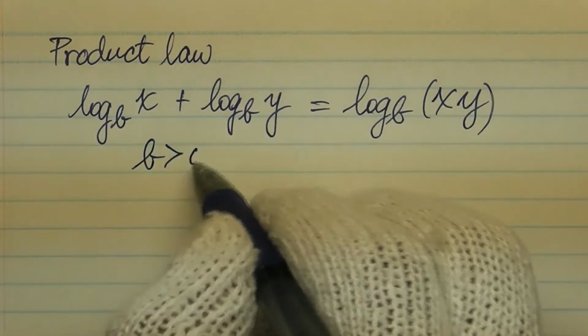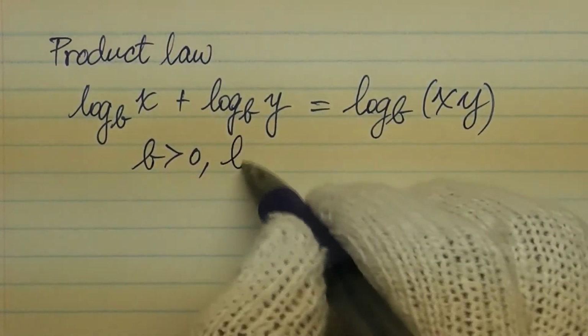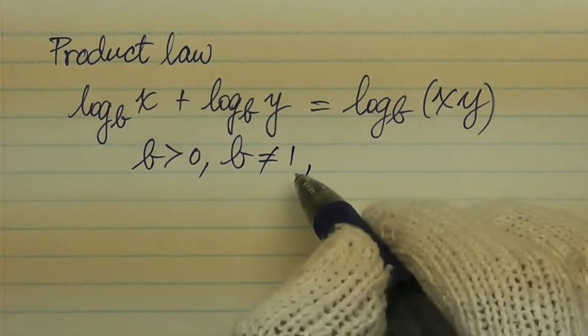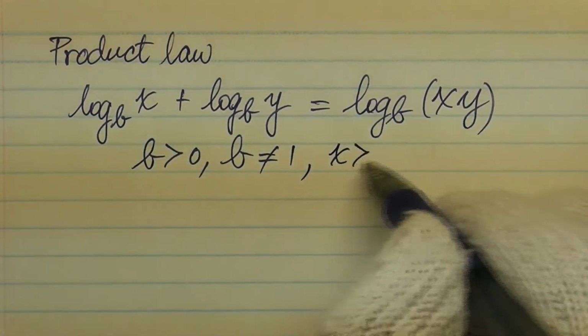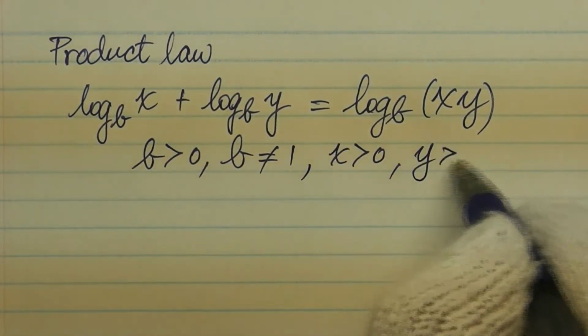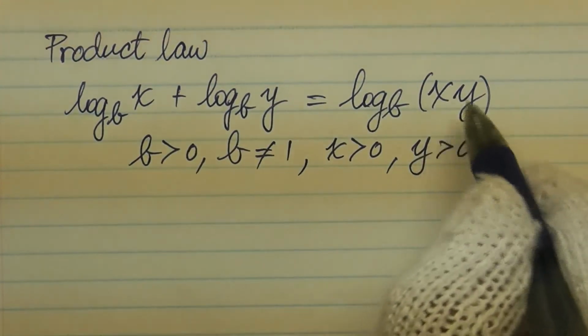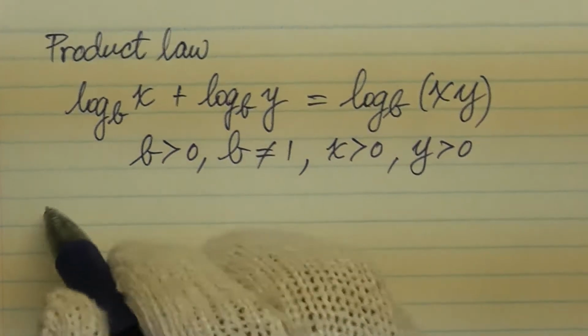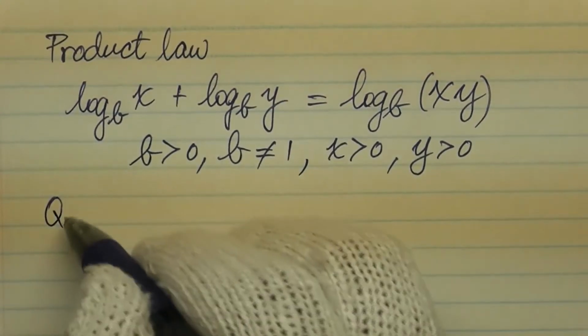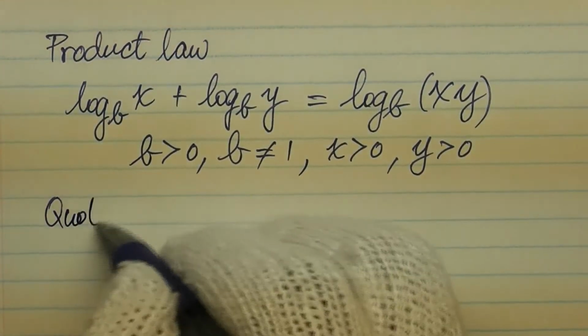Of course, b has to be greater than 0, b cannot be 1, and x and y have to be greater than 0. Because remember, the argument of a log must be greater than 0. It has to be positive. So you've got the product law, and you've got the quotient law,